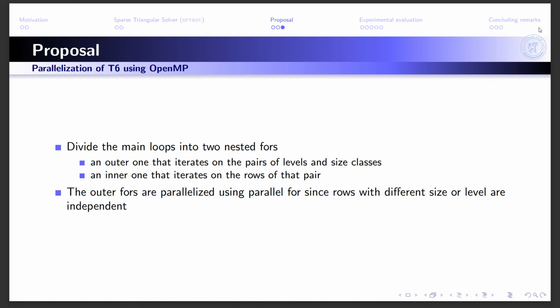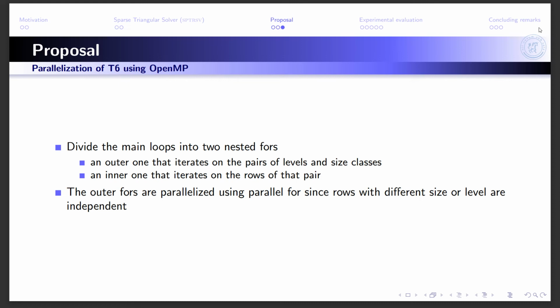The one on the outside iterates over the pairs of size class and level, and the one inside iterates over the rows of this pair. Since we have parallel for, we can parallelize the outer loop and